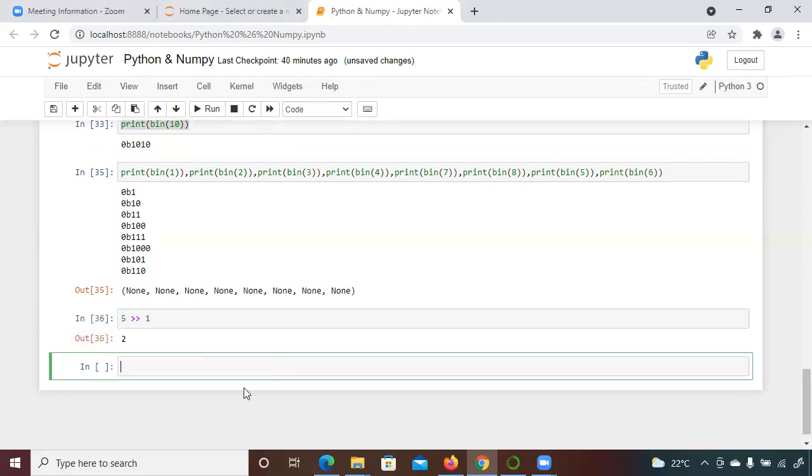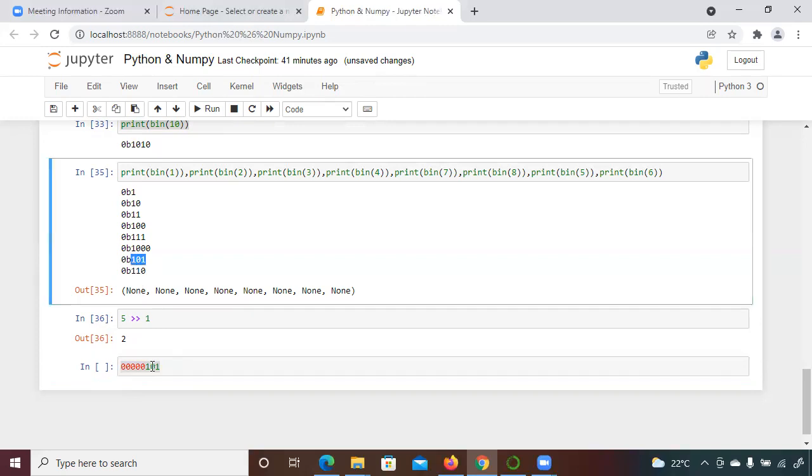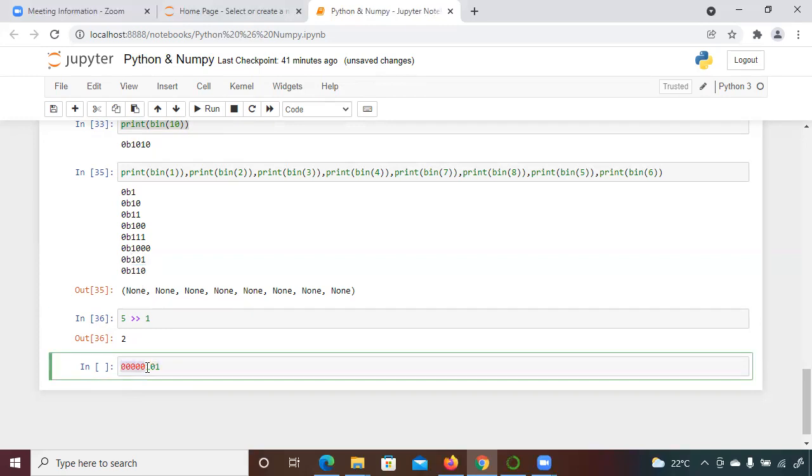Actually, the binary digit is usually considered in 8 bits. So when you consider 8 bits in binary, what will come, right? This is the 8-bit representation. The 5 you can see is 101. But you can add multiple 0s if you want to represent the binary digit in the form of 8 bits. Are you getting what I'm trying to say? Is it clear? Yes.